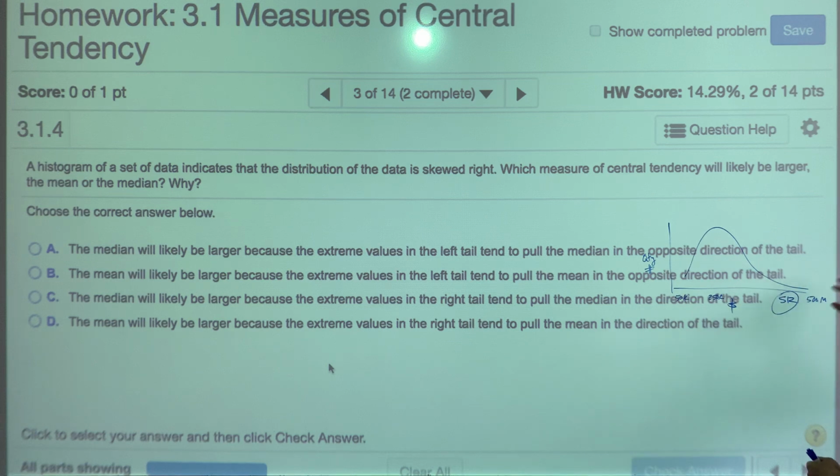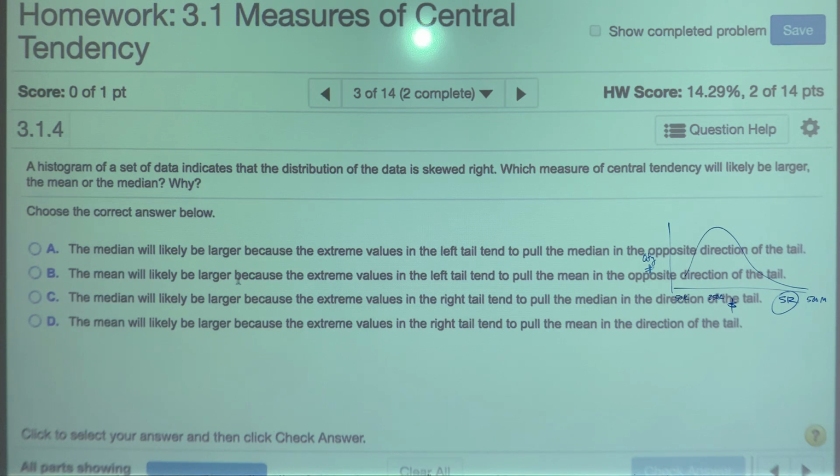So if we have a bunch of houses all over and each of them has various prices, the mean is going to change by the highest end prices. It's going to average them higher. But the median is the price in the exact middle. If I have 100 houses, the middle home, 49, 50, 51, right around there, is going to stay the same no matter what. So if you have skewed data, the mean is going to be pulled higher. The median is going to stay the same in general.